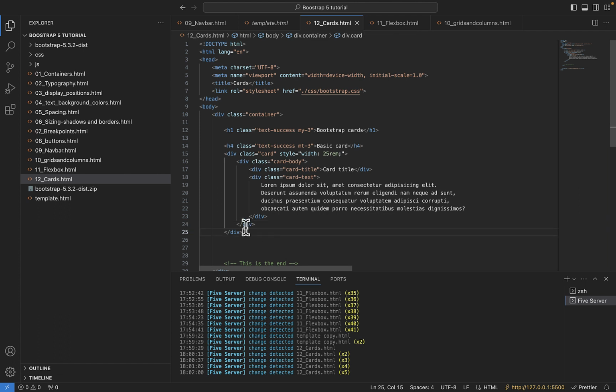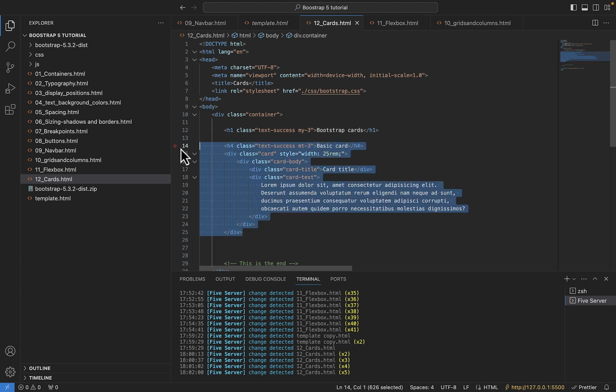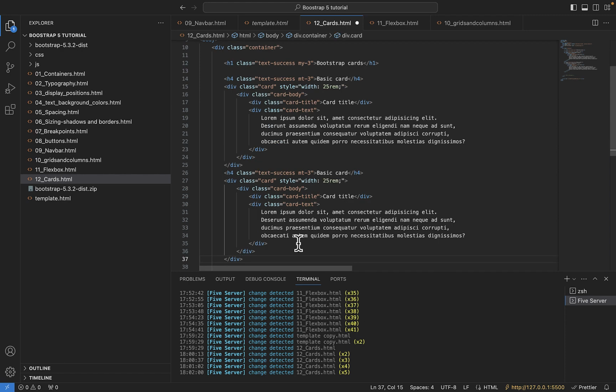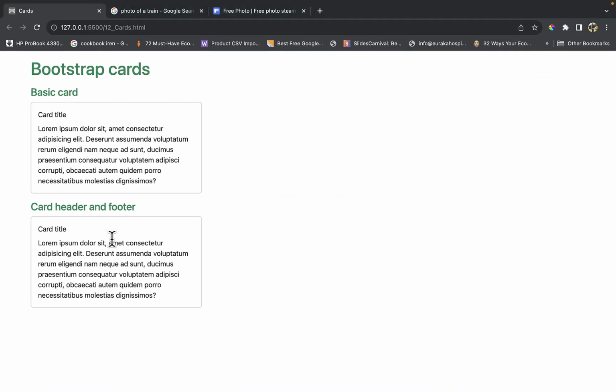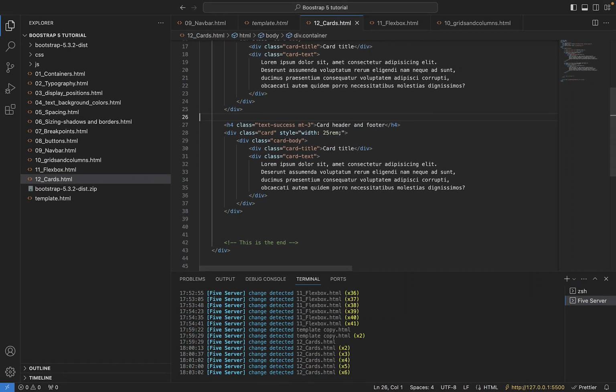I'm going to copy all this and paste it here. And this one I'm going to say card header and footer. It's basically the same at the moment, but we're going to learn how to actually make it better. So for you to understand how we are going to add a card header and a footer, it's as simple as just putting in